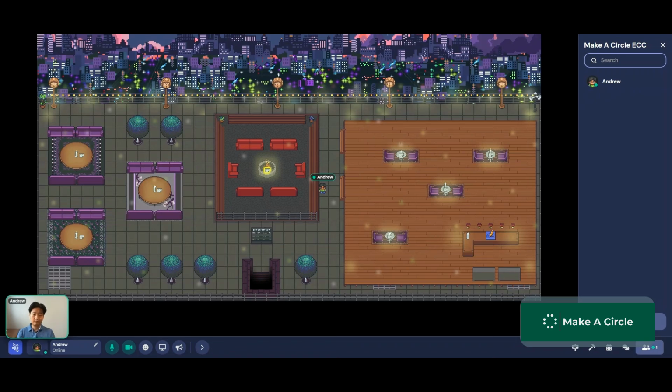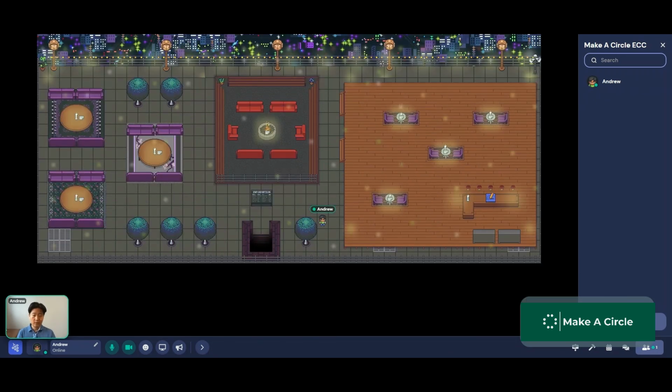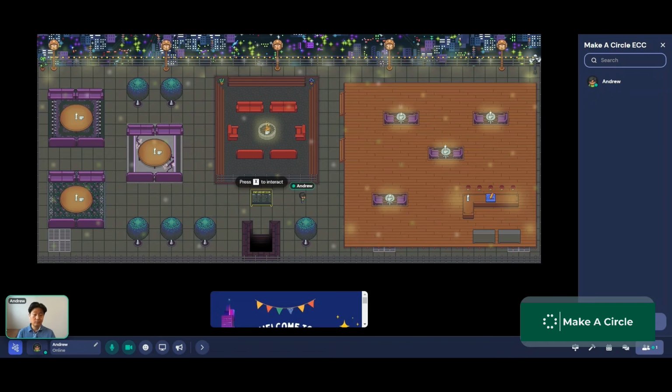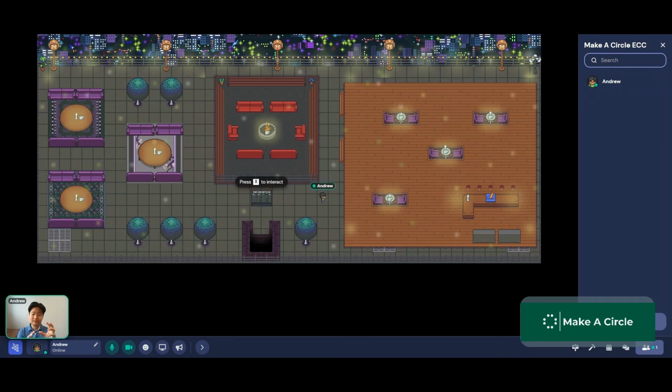So as you move around and meet people, if they're nearby, their camera will show. But if they go far away from you, their cameras and their voices won't be shown or heard. So that's kind of cool, right? That's kind of like real life.